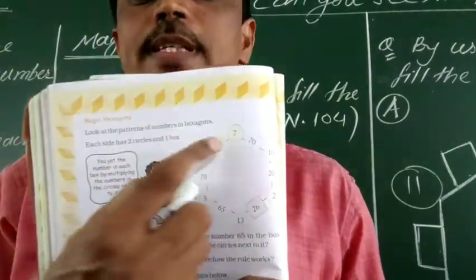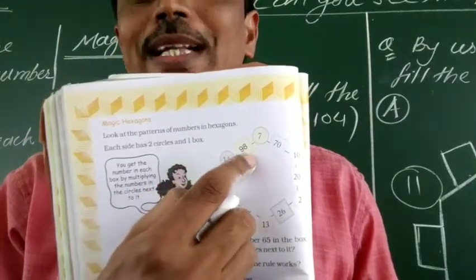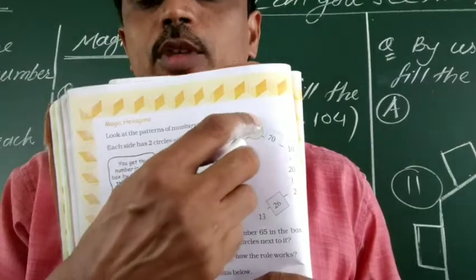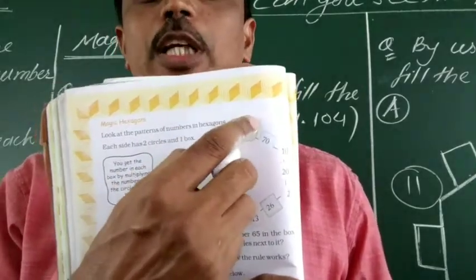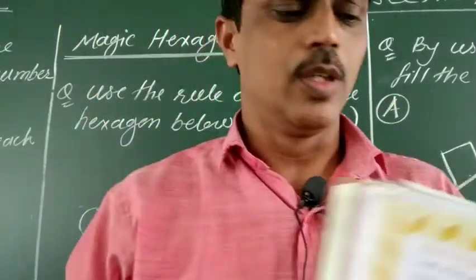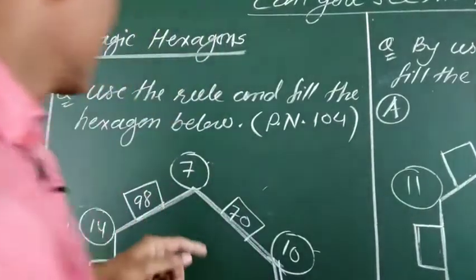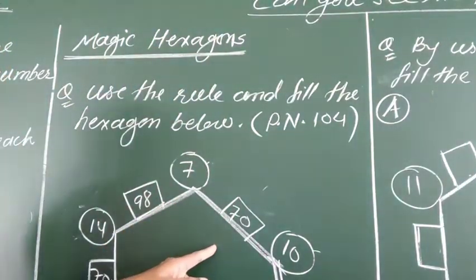तो इस तरह देखिए 7 and then it is 14. तो 7 into 14 98. तो इस तरह दोनों सर्कल के जो दो नंबर है, इन दो नंबर का मल्टीप्लाई करके आपको यहाँ पर बीच का नंबर इन बॉक्स का नंबर मिल रहा है. So this same way we have to continue this pattern.